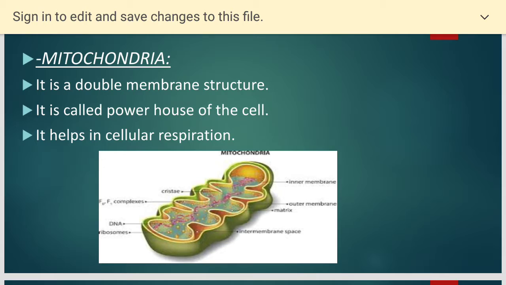During respiration, the food is oxidized. The food receives the oxygen and breaks into carbon dioxide, water, and energy in the form of ATP. So, with the help of this energy, we are able to perform various activities. You have to remember that the mitochondria are called the powerhouse of the cell because it provides energy to the cell.